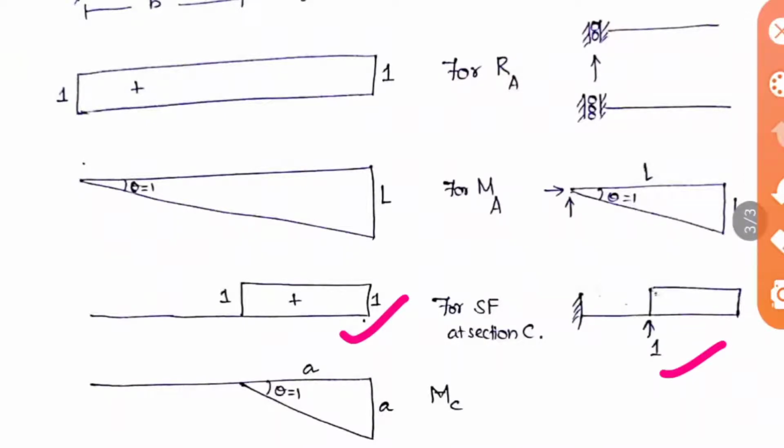Okay, the next case is moment at C. So again at the C point we have to remove something, but there is no reactions there, so we can leave that. You have to apply the unit rotation because this is a moment. So when you apply unit rotation, theta is equal to 1. So this dimension and this should be equal. So it is A is equal to A. In this case, that is in theta is equal to 1, you can find the ordinate value A here. But in other cases, it's difficult to find the ordinate values.